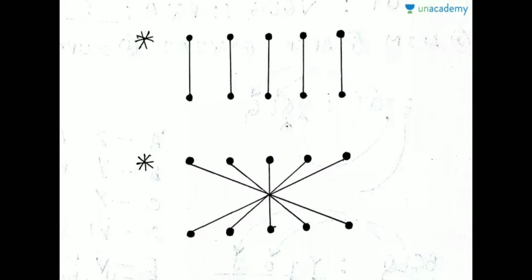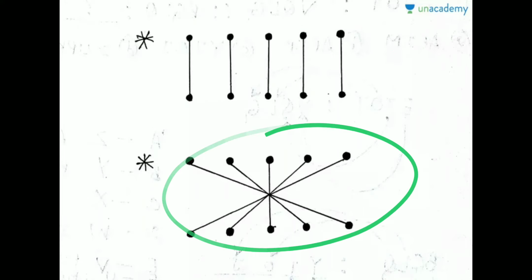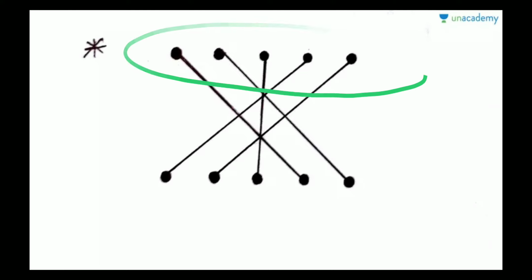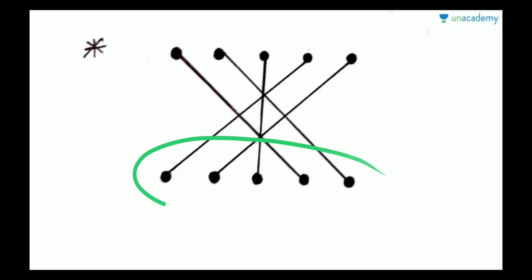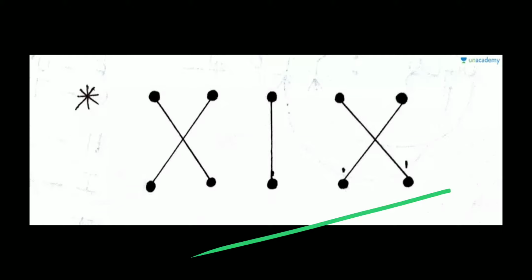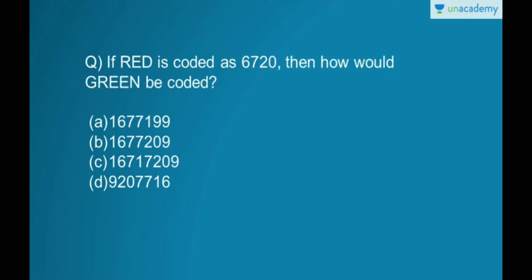So this is the pattern of how the letters can be rearranged in the coding letters. Okay, these are the exact letters, and these are the coded ones. Okay, fine. And this is another one. Okay, so please keep all these things in your mind. Now let's see the very first question.